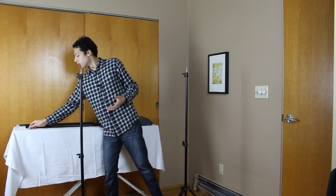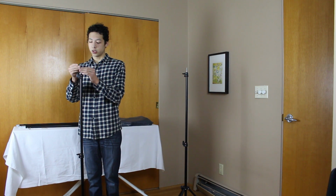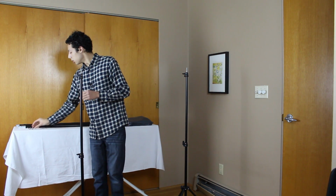So the way it works is there's little, almost like a nut with handles, and then at the top there's just a screw, and you slide the rod for the screen onto that, and then they hold up the green screen like that, which is actually a pretty clever design, I think. So I'm going to do the other one. So now,